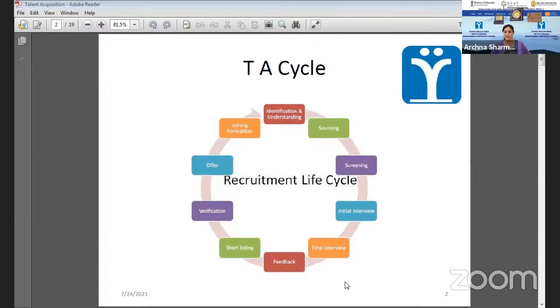आपने शॉर्टलिस्ट कर दिए, इनका सबका बैकग्राउंड वेरिफिकेशन हो गया, सब कुछ हो गया, फिर इनमें से जो ज्यादा सुटेबल है उसको आपने ऑफर किया। From offer to get the person on board, there is always a time gap. आपने suppose आज ऑफर दिया है फाइनलाइज करके 18th जून को, because now people would be serving notice period in other organization, वहां पर अपना रिजिग्नेशन देंगे, नोटिस पीरियड सर्व करेंगे, तो वहां से निकलने में 1 महीना लगता है